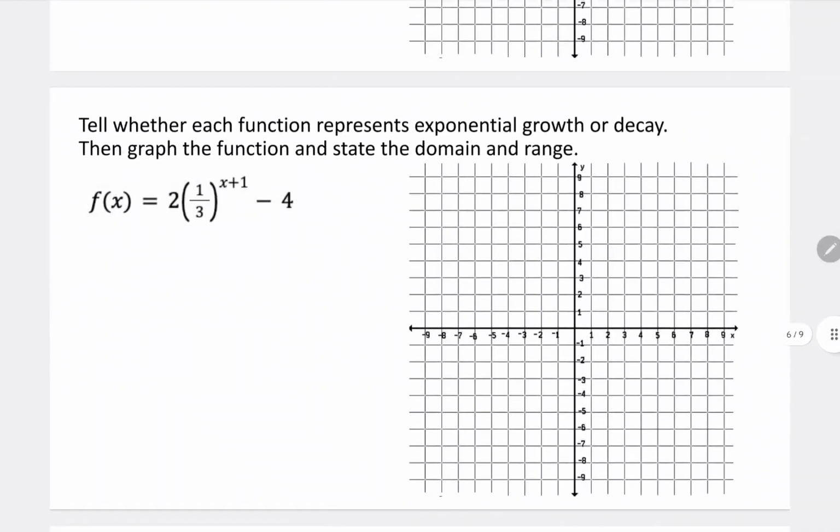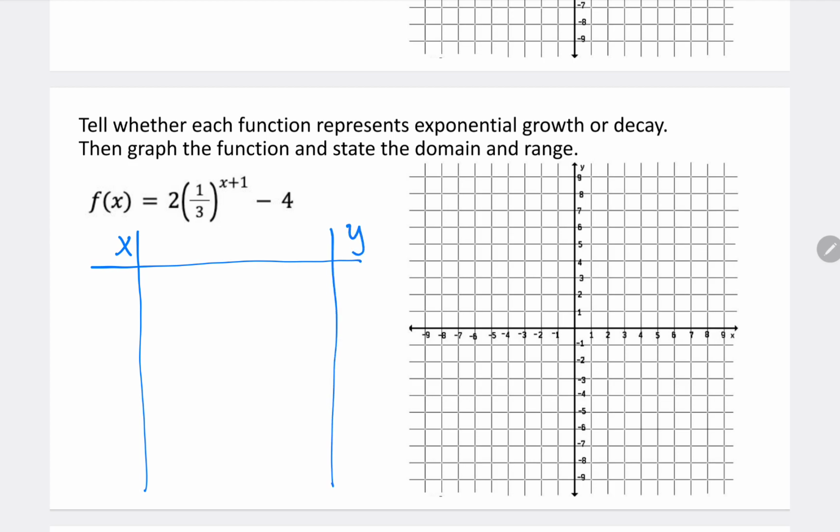All right, one more graph model. This is exponential decay because the base is less than 1. This function is being moved down 4, which means my asymptote is going to be down here at -4 instead of at 0. And it's being moved to the left 1, so personal preference thing, I'm going to move all of the points I normally plug in to the left 1,